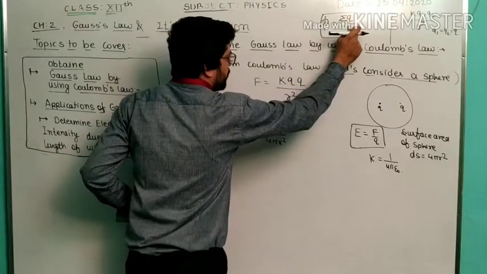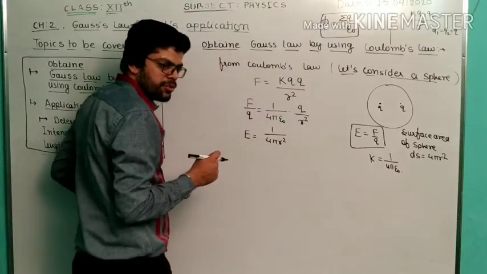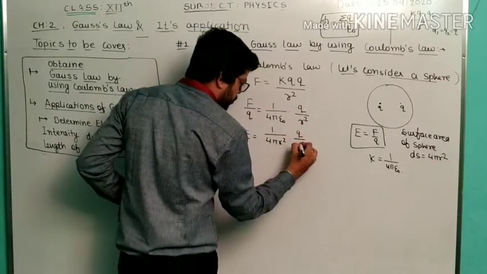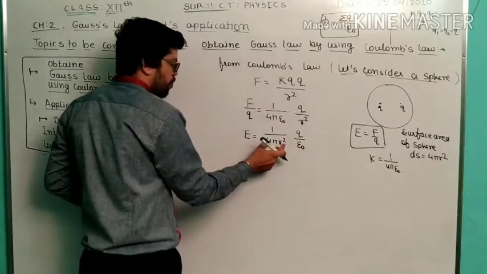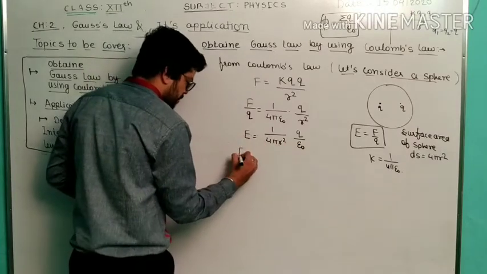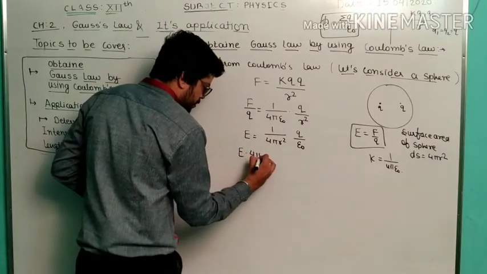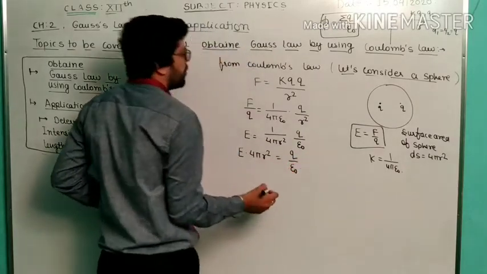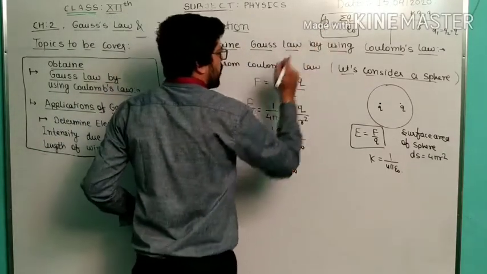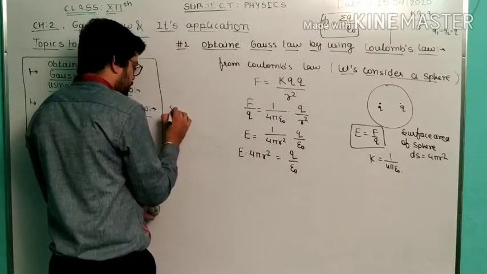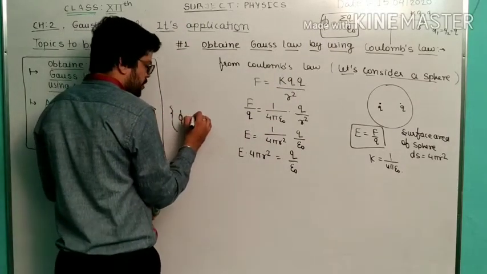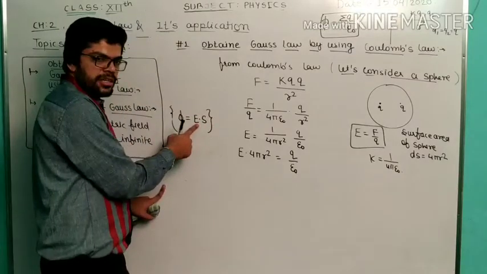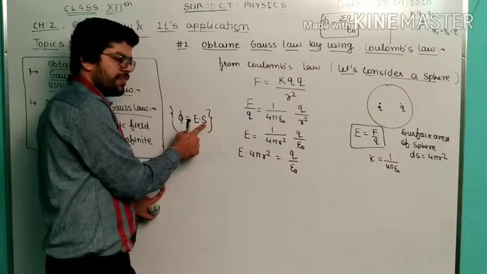What will come just below q? Epsilon naught. So I have to adjust this epsilon naught below this charge. So this is q upon epsilon naught. This 4 pi r square I am going to multiply. E multiplied with 4 pi r square is equal to q upon epsilon naught. Again my mind works: this is what? Electric flux. As we know, phi is equal to E dot S. In the starting of the chapter we discussed this: E dot S, electric field multiplied with surface area.